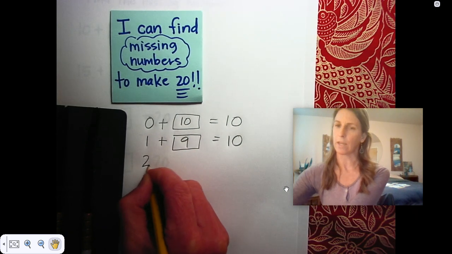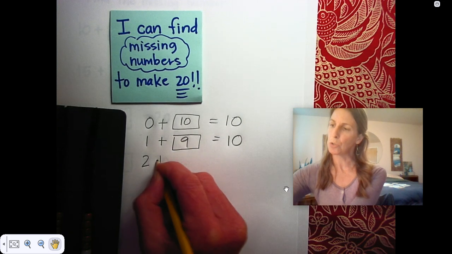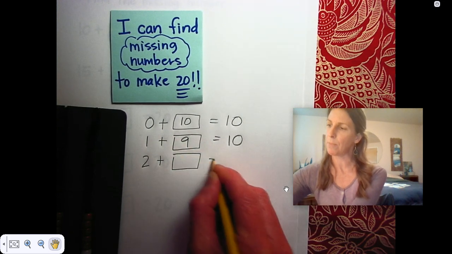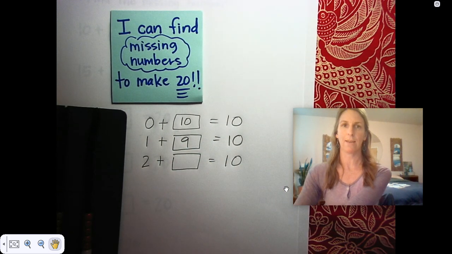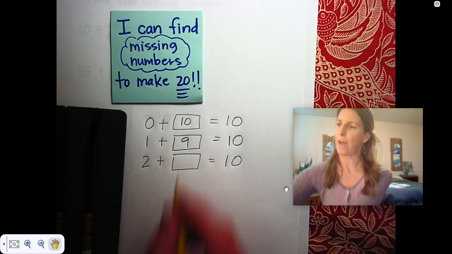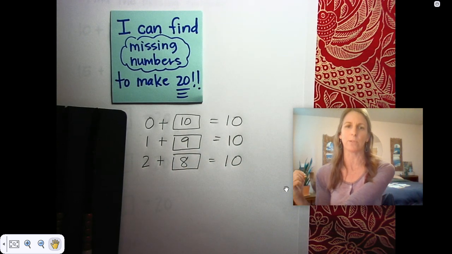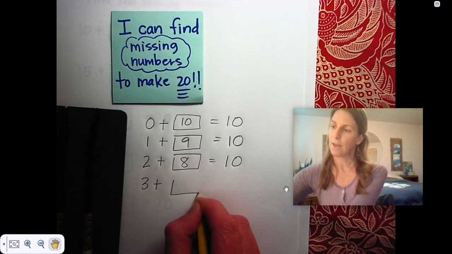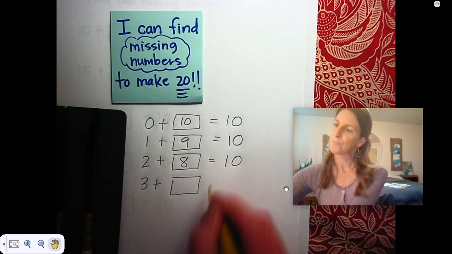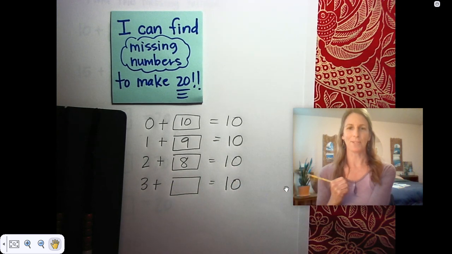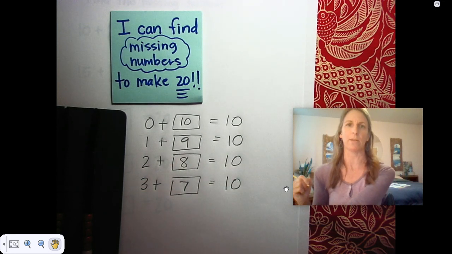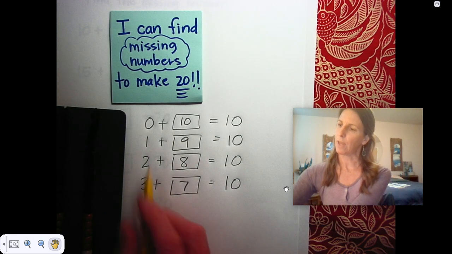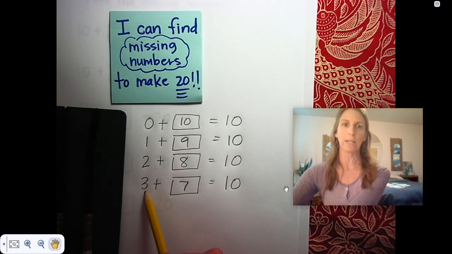Moving right along, if we have 2, 2 plus some number equals 10. Oh, that one was fast. 2 plus 8 equals 10. All right. 3 plus some number equals 10. Ooh, what's this one? 3 plus? Shout it out. Oh yeah, 7. 3 plus 7 equals 10. Okay, we've got 0, 1, 2, 3. Now we need,